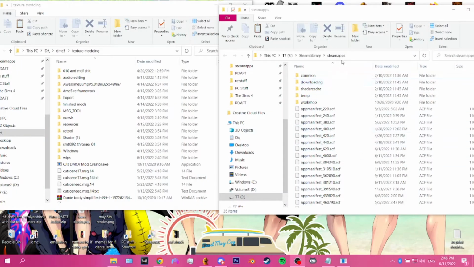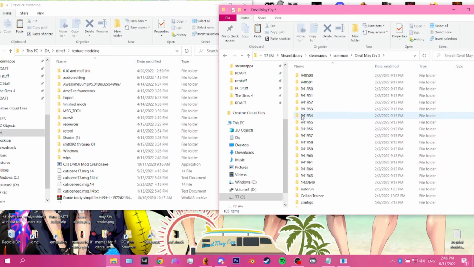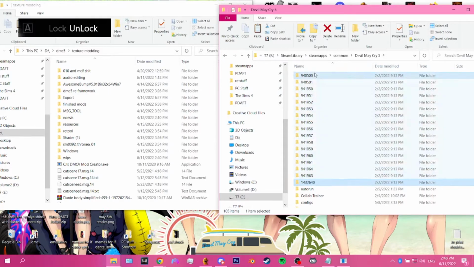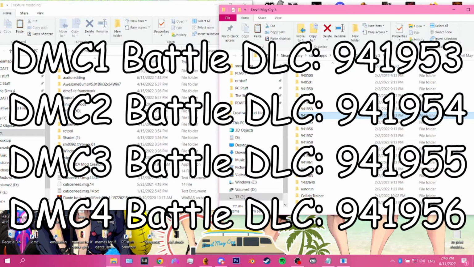So to start us off, what you're going to want to do is locate your DMC5 DLC. The DLC is stored in all of these numbered folders right here, and the DMC2 DLC specifically is stored in this folder. I'm going to flash up on the screen, and put in the description, labels for where the different DLC music is stored